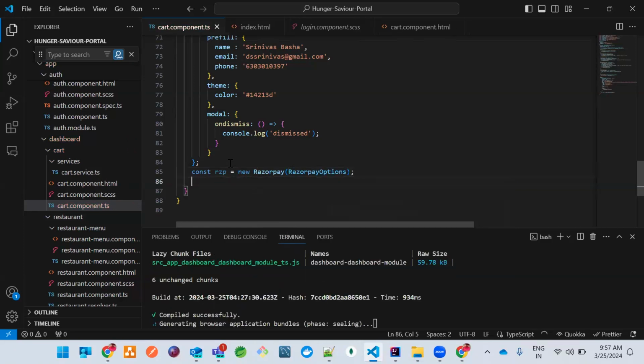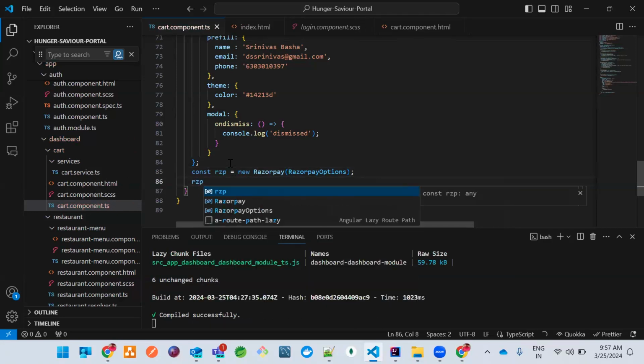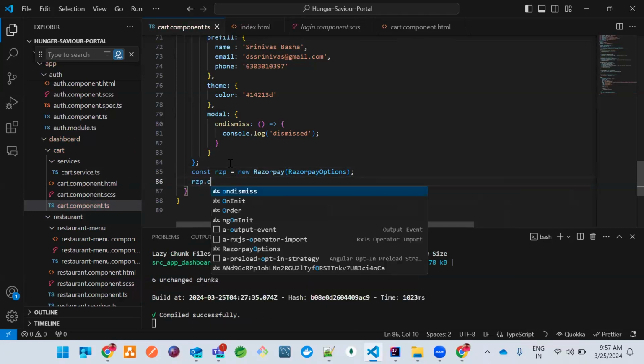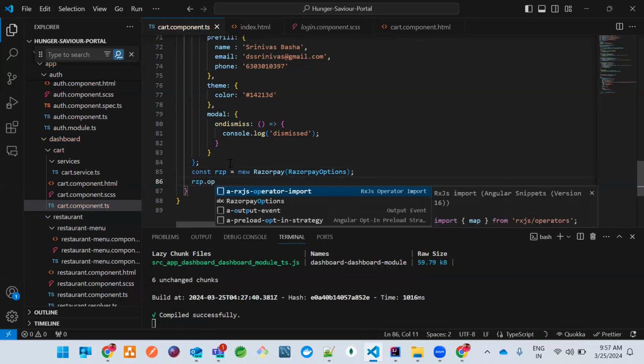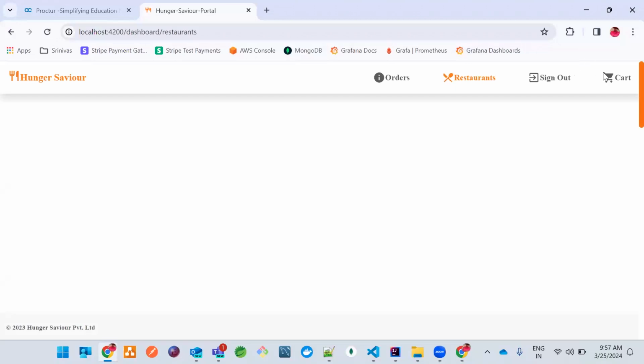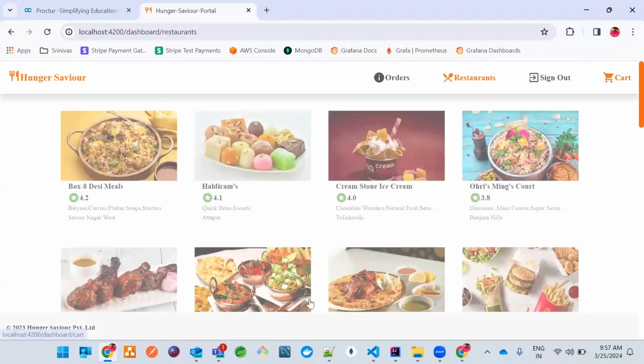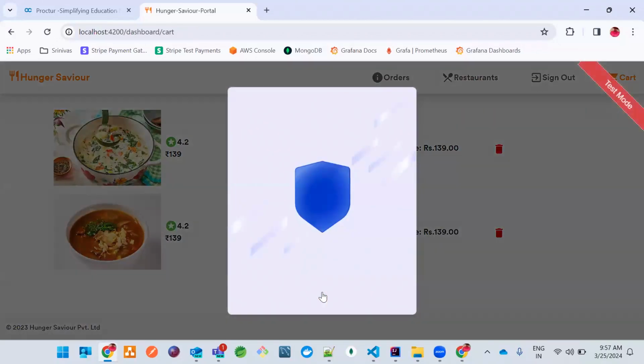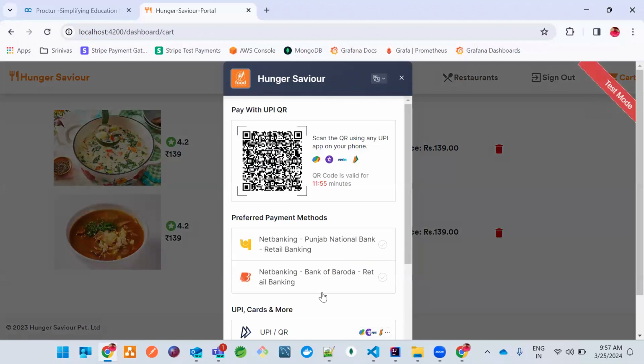And then I'll use this razorpay.open. Okay, so let's say I have used this, and then I'll go back, and if I click on this, I can actually see that